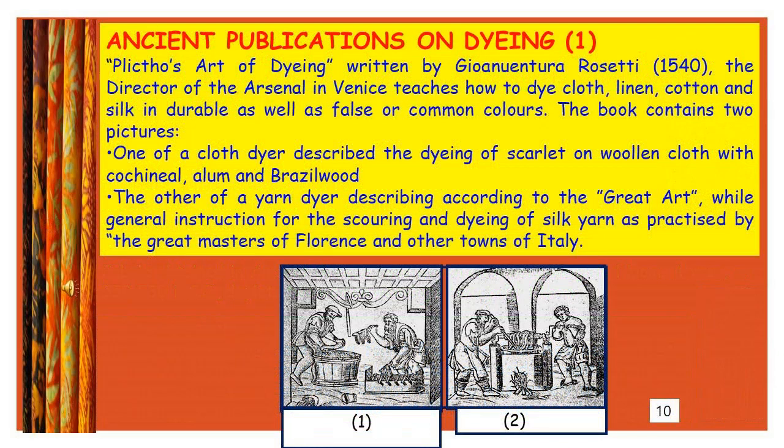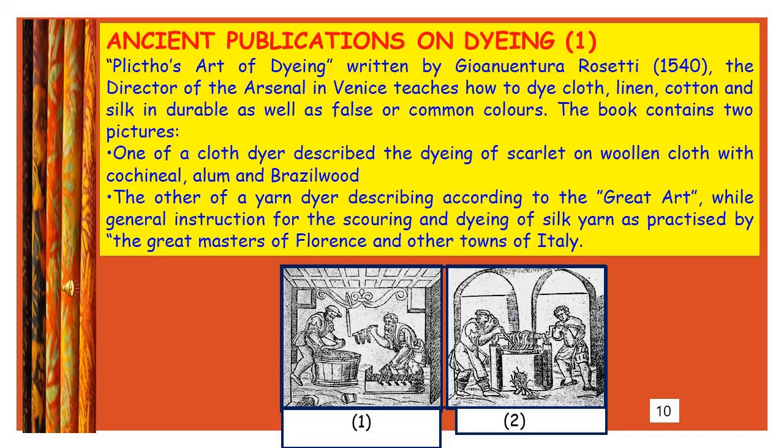Ancient publication on dyeing. Plictho's Art of Dyeing, written by Gioanventura Rosetti, 1540. The director of the Arsenal in Venice teaches how to dye cloth, linen, cotton, and silk in durable as well as false or common colors. The book contains two pictures. One of a cloth dryer describes the dyeing of